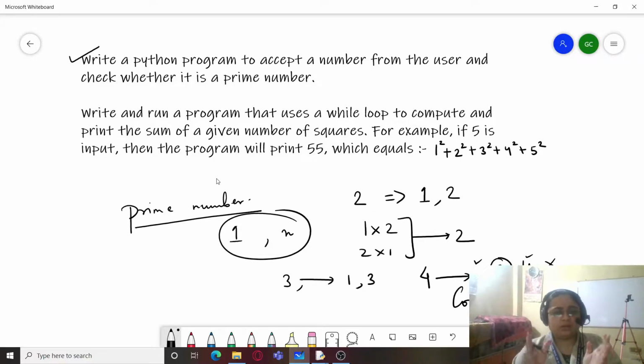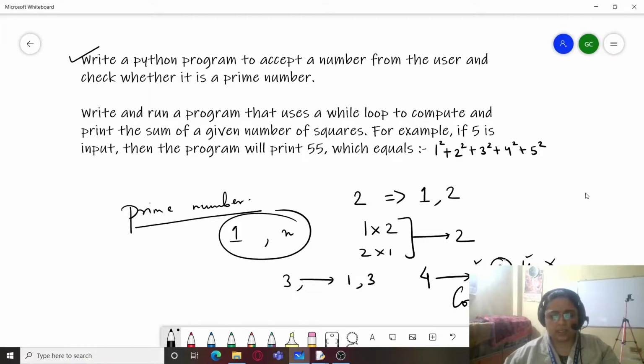So how can you create a program for checking whether a number is a prime number or not? It is quite simple. The answer is in front of you. You have to just check whether a number has exactly two factors or it has more than two factors. So how to check whether a number is a composite number?